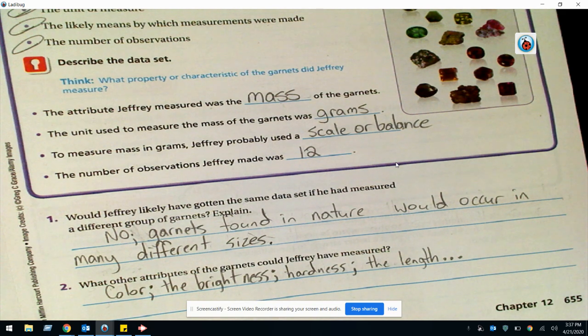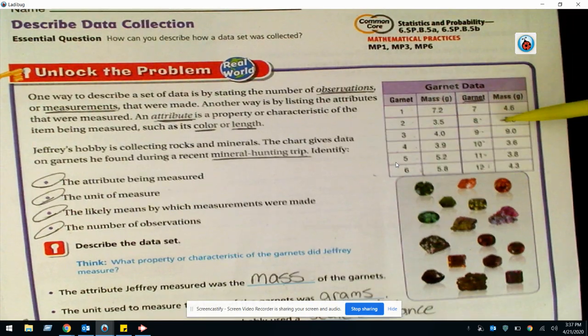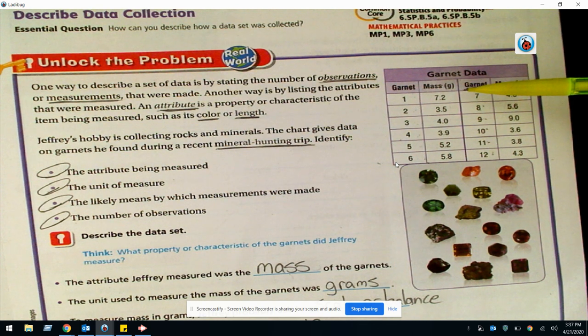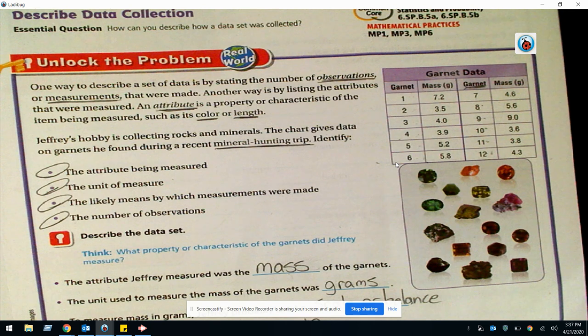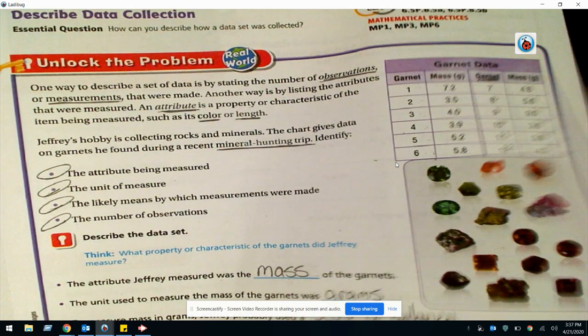But like I said up here, once you can look at the data that is provided, you can look at the number of observations, the unit of measure, the likely means by which the measurements were made, and from there, you are describing a data set. So we're going to go on to the next page. And on this next page,